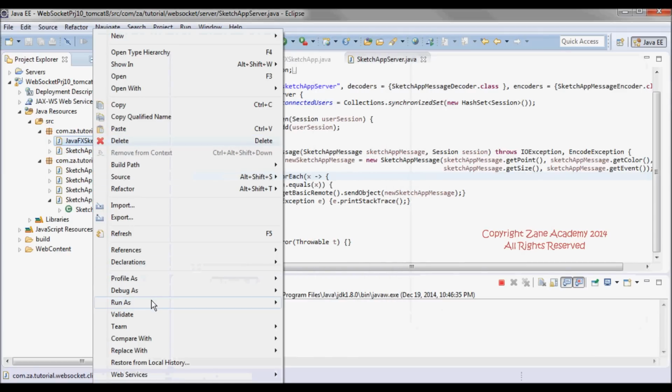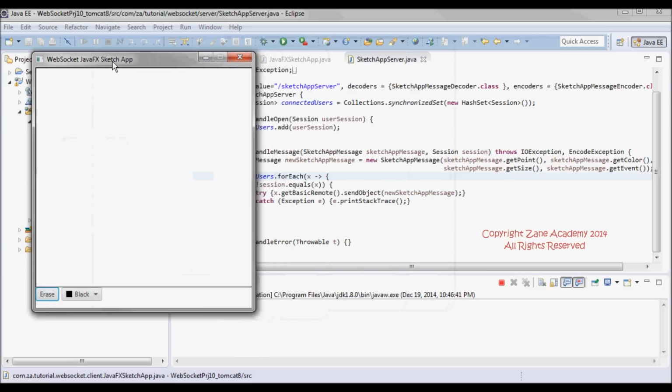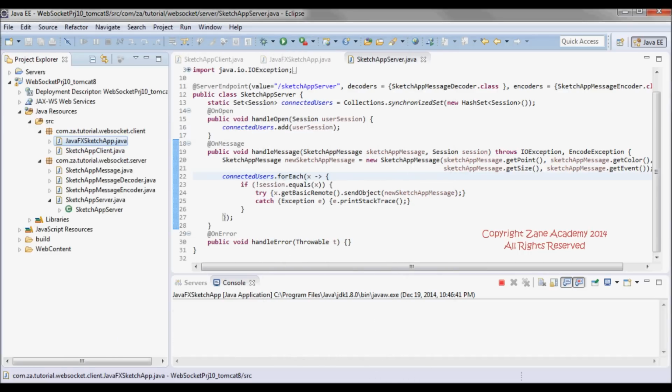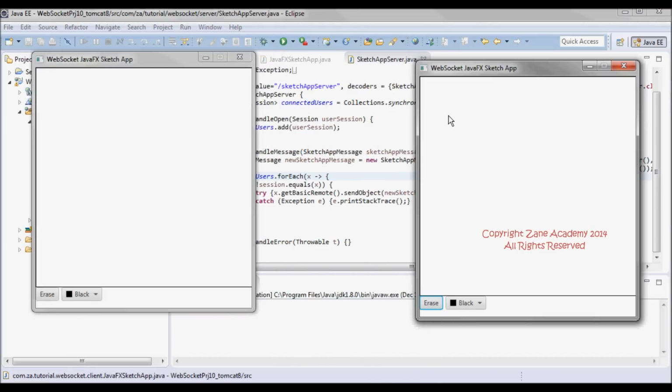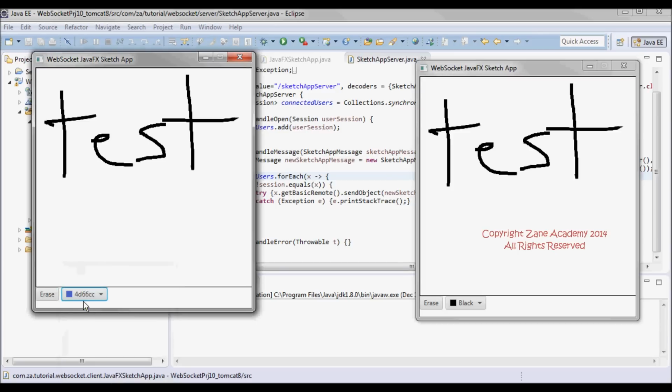And another one. And let's see, test. And let's erase it.